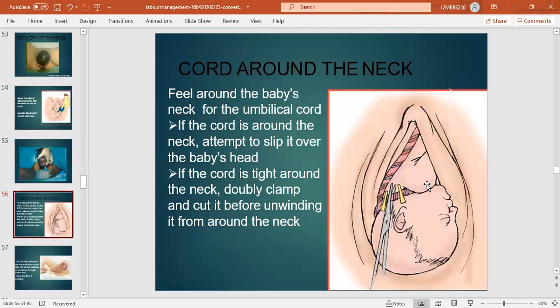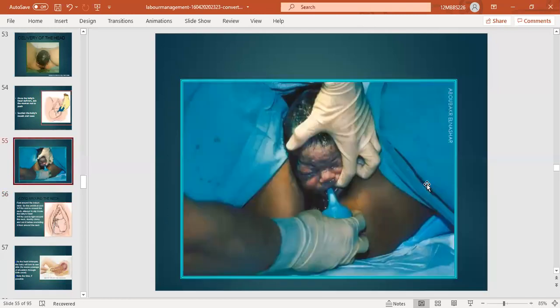If there is a cord around the neck, and the baby is delivered, then you clamp the cord, but it is better to delay the cord clamping. Nowadays, active management of the early stage of labor is practiced. Recent advances say that you must delay the cord clamping for at least 3 minutes, because this will provide about 90 to 100 ml of blood from the placenta to the baby. If you clamp the cord earlier, the baby will suffer from this loss. So it's better to delay the cord clamping further.